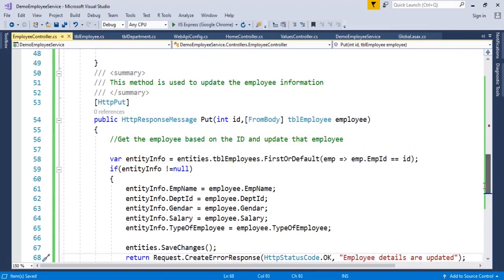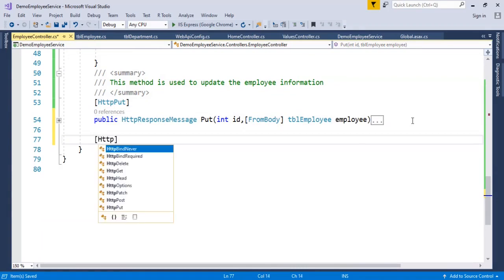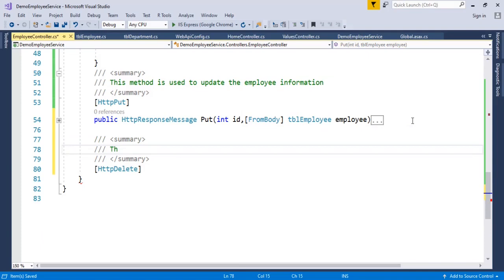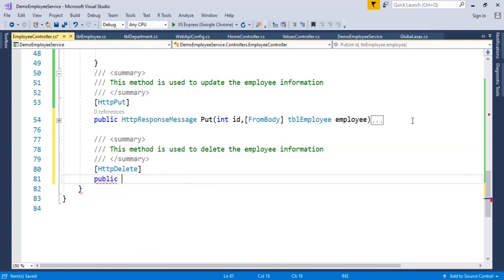So for that we are using HTTP put verb. Now HTTP delete. So this method is used to delete the employee information. Again, public.